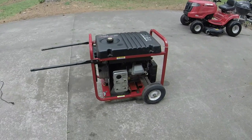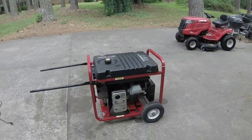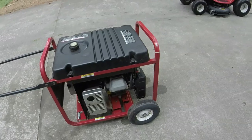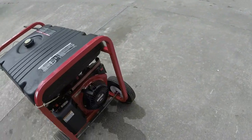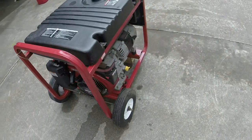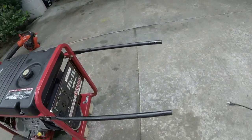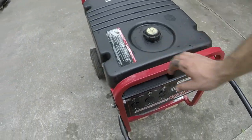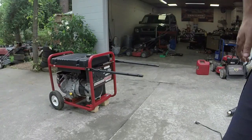Alright guys, I gave this thing a good pressure washing along with another mower that you'll see on the channel here pretty soon, hopefully, as long as everything goes well. This is it all cleaned up and finished. We're done with this thing. So just take a nice little look around. Again, I put these handles on. These things work great because I was having to lift it right here, and it was really, really awkward. And now, whenever I lift the handles up, it's